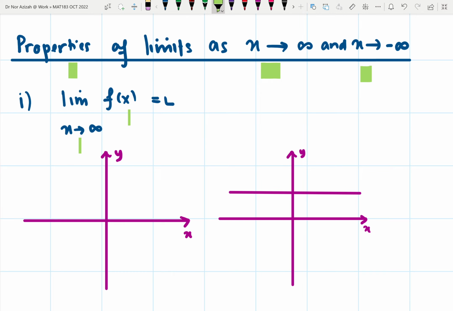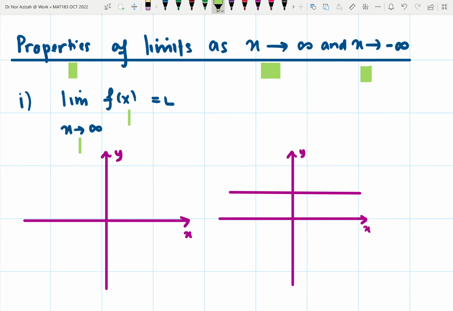So this one, when x goes to infinity. Before this, we considered when x goes to a number. So the answer is whether positive infinity or negative infinity. But now, x itself goes to infinity. Okay. So, based on this,